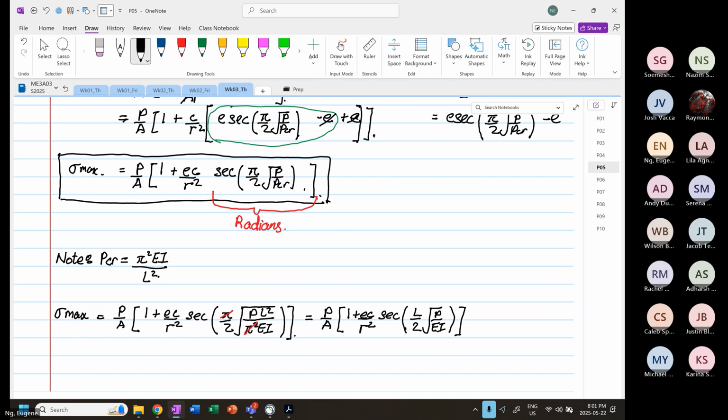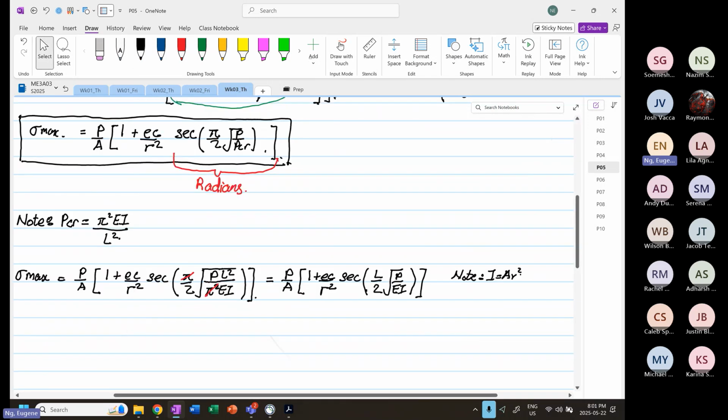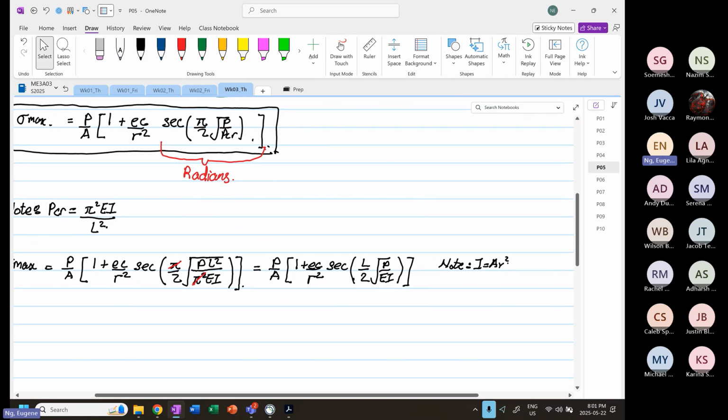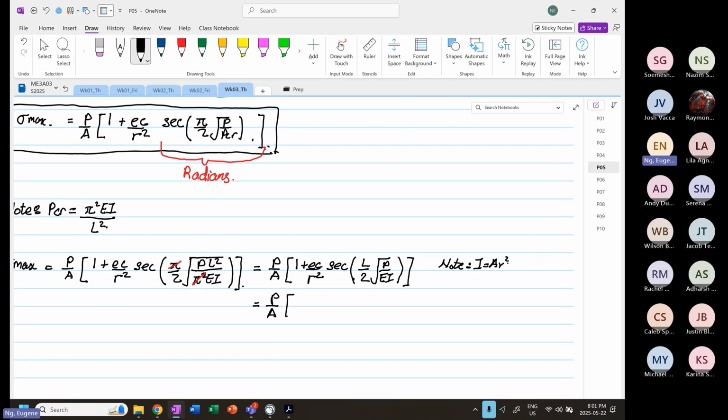And then we know that I is equal to A R squared, where R is the radius of gyration. So we can also see this in this form where you have P over A, 1 plus EC over R squared, secant, L over 2. And then we just